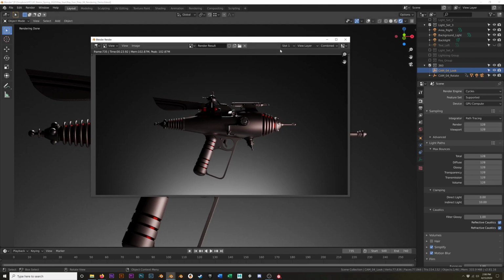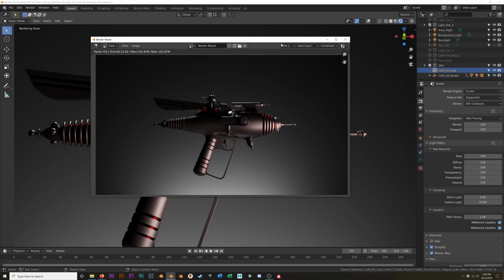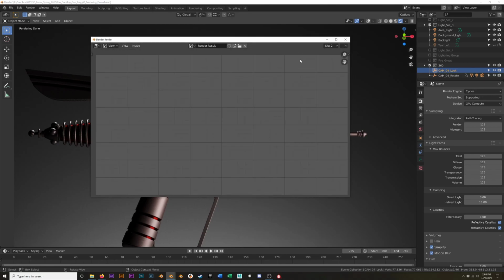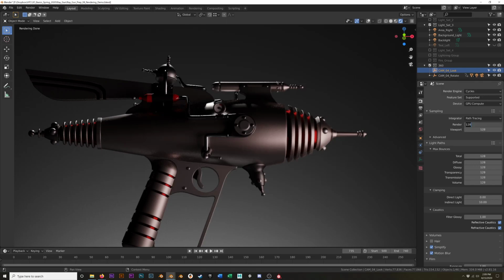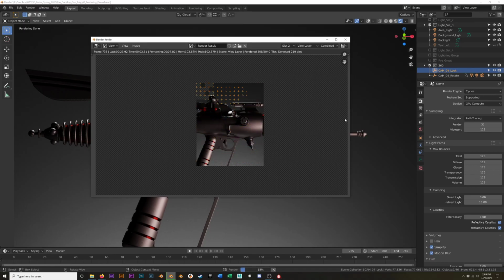I'm going to change render slot to 2. So basically what I can do is save multiple renders in the buffer, multiple still renders. So I'm going to go to slot 2, and I'm going to change my render settings. Let's go to like 32, just to compare. And go to render, render image, F12. This is going to be even faster